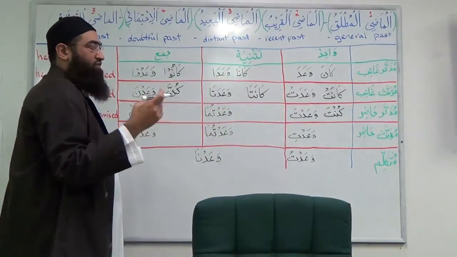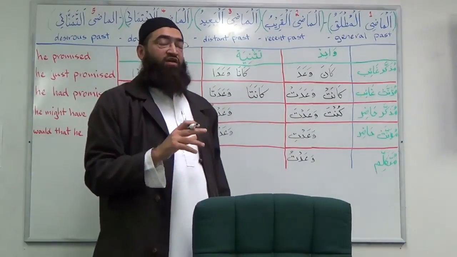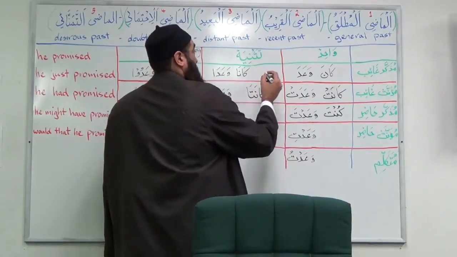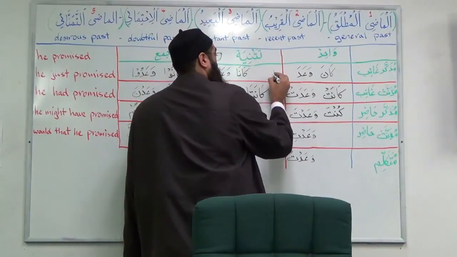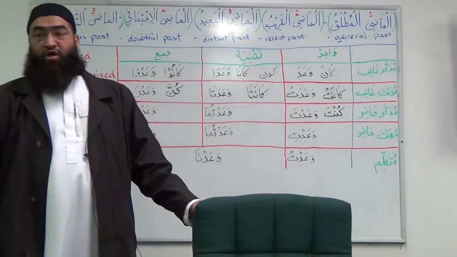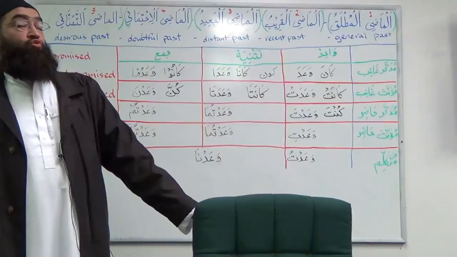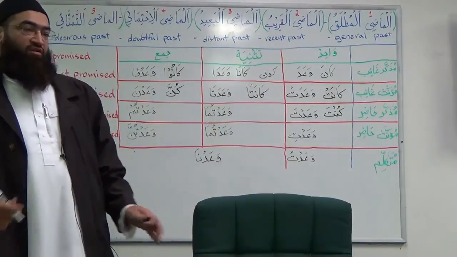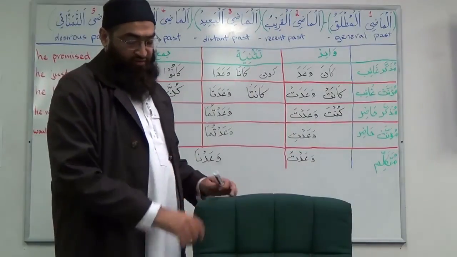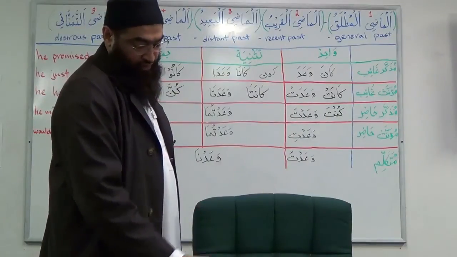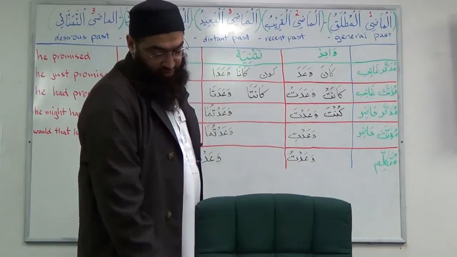So if you look in the dictionary to find the root letters, you will find that it's actually a kaf, a waw, and a noon. Kaun. Al-kaun. Kaun in Arabic means to do. We will mention, it's used in the Quran in many places, but let's go, let's find it.